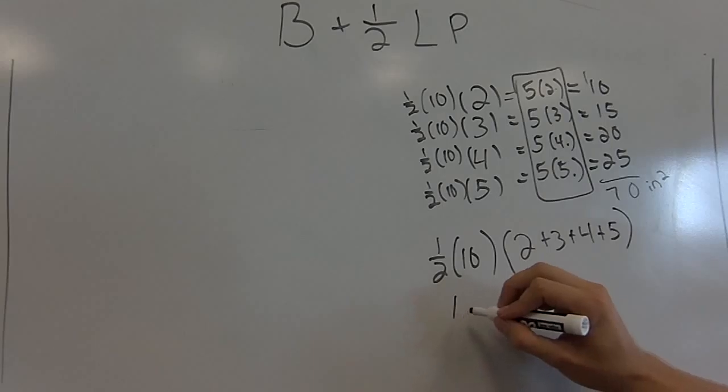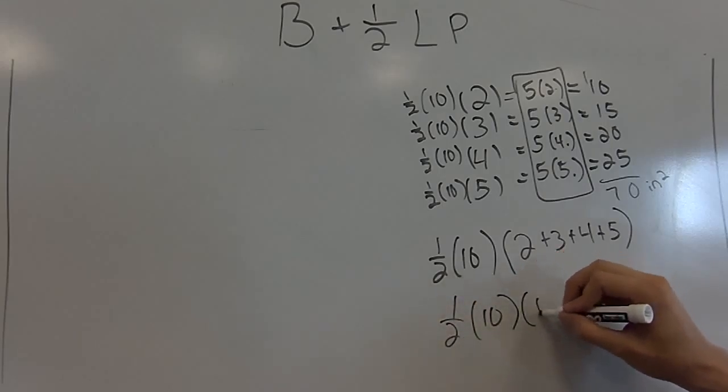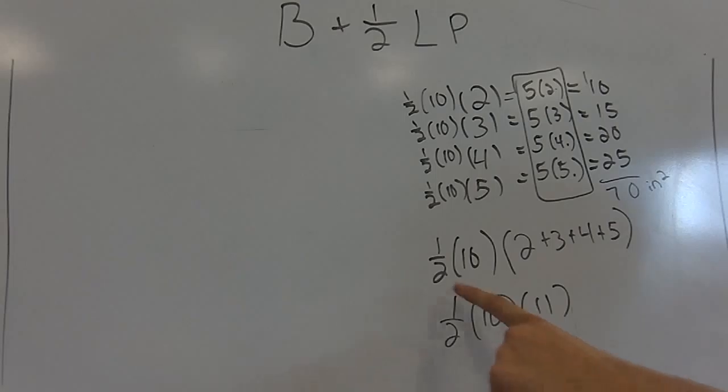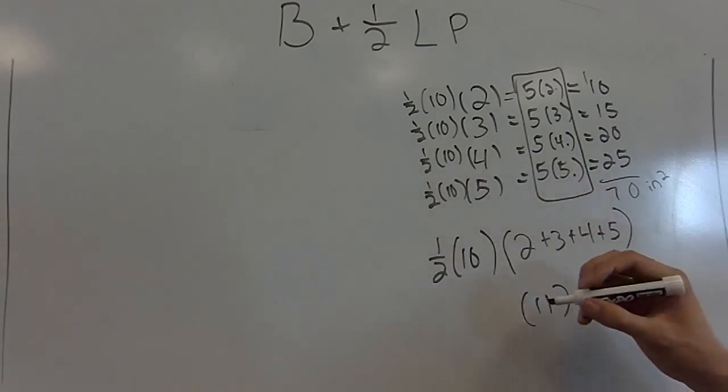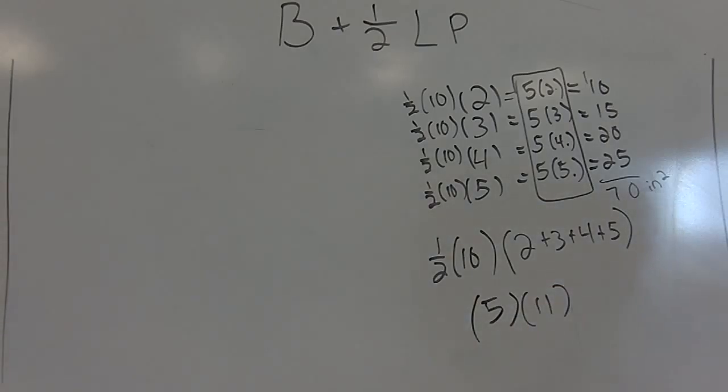And if I were to simplify that, all these added up are 11. Now I can multiply the 1/2 times 10, and I can get 5. So at this point, I have a choice. I could do 5 times 11 and get 55,